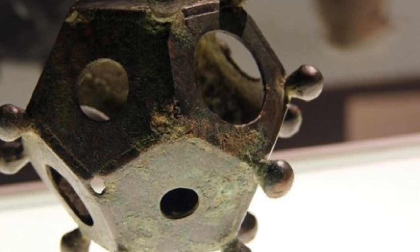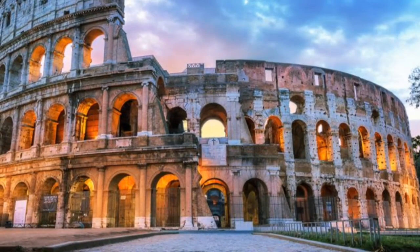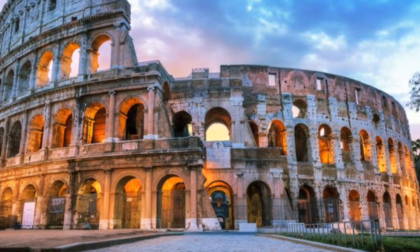Hopefully, one day they might be able to shed more light on these fascinating and bizarre objects. These dodecahedrons